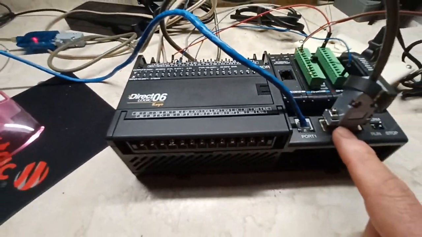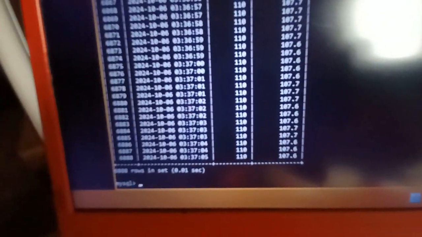I am logging using DirectNet protocol through this serial port adapter on port 2 of the Directlogic's, both the set point and the current temperature value, and of course I'm putting the date time or timestamp